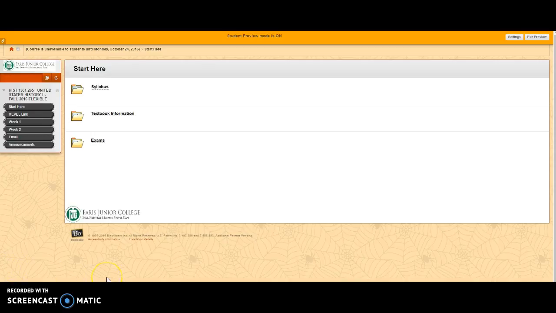So when you log into your Blackboard account and you find our class, when you first click on it, it will look like this, and it will actually start here. You can see the syllabus, the textbook information, and then there's also a little thing here about how to take exams, and I'm going to show you that as well in just a minute. So if you click on the syllabus,